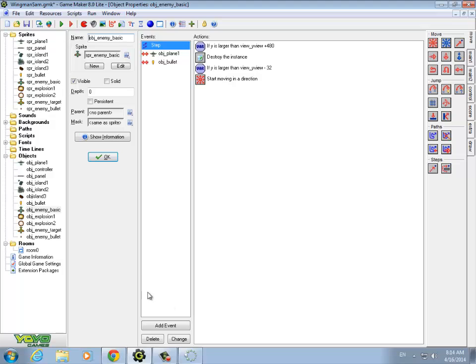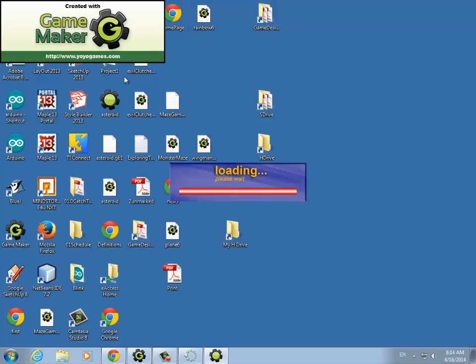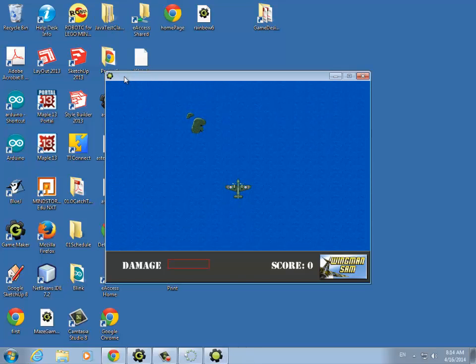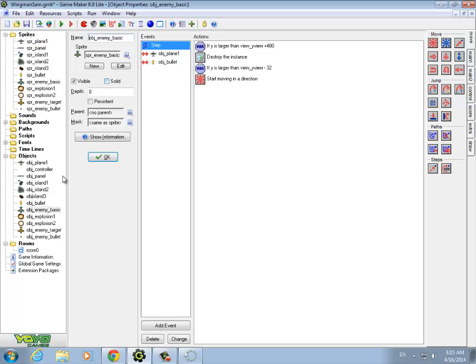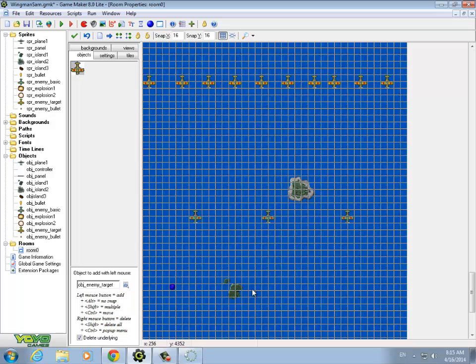Let's try it one more time. Maybe I just didn't see the shots. Because you don't want the plane shooting at you until they're about to come on screen. Otherwise, you get this shower of bullets. See, I'm not getting any bullets to start with. Yeah. So somehow that's working. I'm not sure why. If I add more to the room, say if I really want to make sure this is going to work,